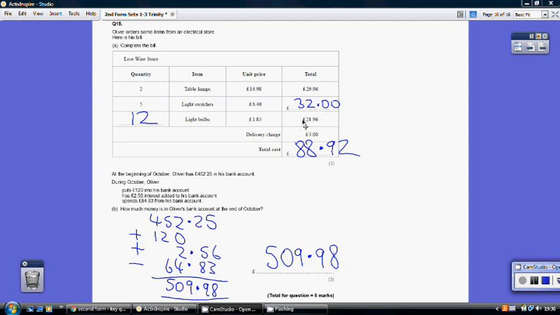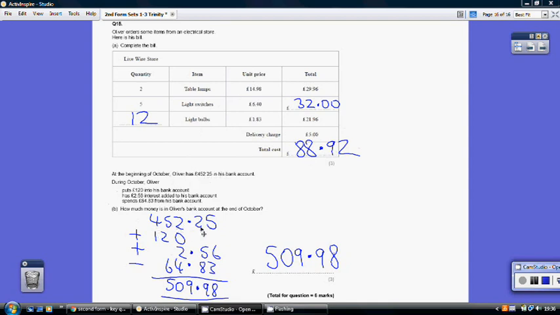And working backwards, if we're spending £21.96 on light bulbs and they're £1.83 each, £21.96 divided by 1.83 gives us the quantity of light bulbs being 12. And then what's the total cost? Well, we add up these 1, 2, 3, 4 numbers here to get the 88.92. Now for part B, a completely separate part of the question. Some people are muddling these two up in the exam, they're not linked. So Oliver's got